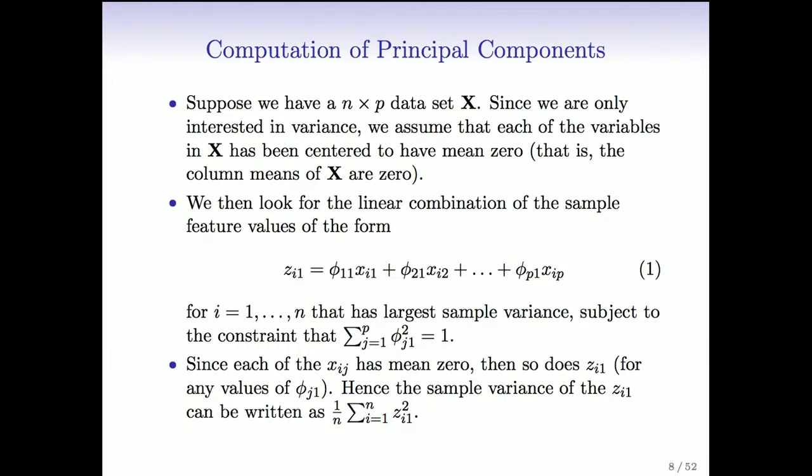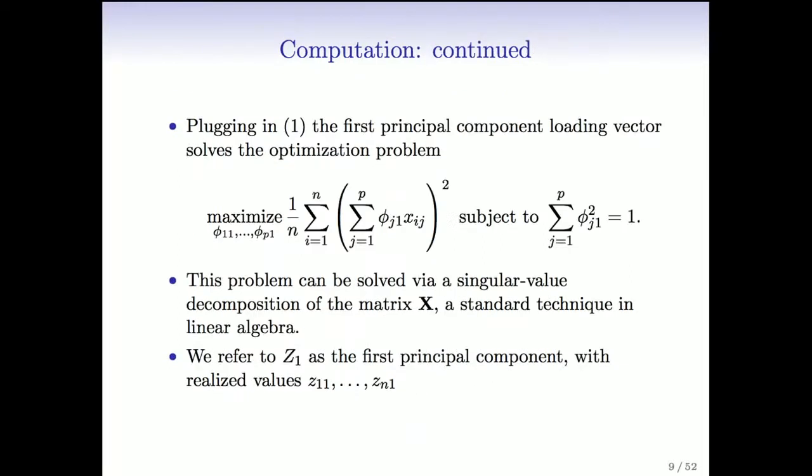Now, since the data have been arranged to have mean 0 in the first step, that means the z's have mean 0, and hence the variance is just the sum of their squares. Okay, so to continue the computation, we have the z's, which we've defined to be the sum of the loadings times the features. And now we can replace the z's by their expression from the previous slide, and we want to find the highest variance, which is this expression, subject to the fact that the loadings have to be normalized, right? So this is now just a computational problem where the unknowns are these phi's,